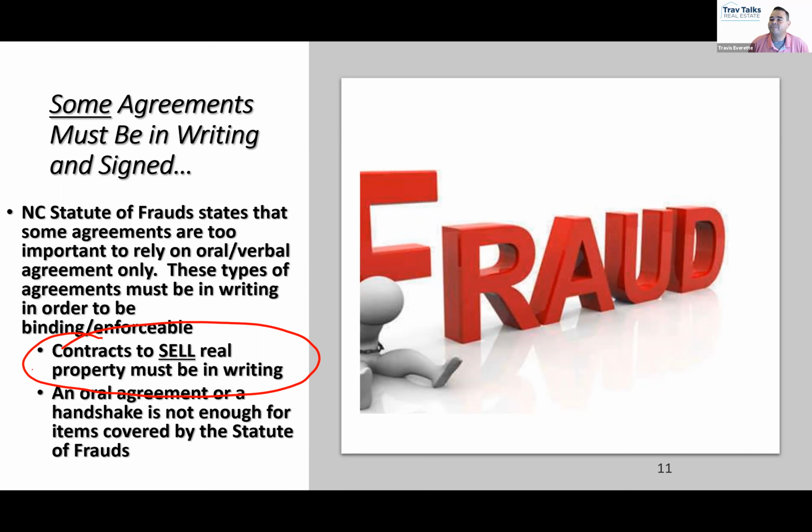So if you have a friend that promises to sell you their house, you should just put something in writing before the contract gets written. That's exactly right. Put it in writing, because that's the only proof that a North Carolina court is allowed to entertain about a real estate sales contract. But how about a lease?